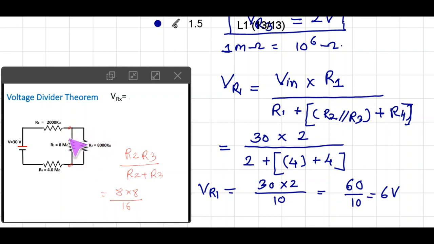the parallel combination of these resistances, so between terminal A and B. So if you want to find out the voltage between A and B, you have to use this formula. Then from this formula you have to find out this value, then replace these two resistances by a single resistance of this value, that is a mega ohm, and then you can easily find out the voltage.